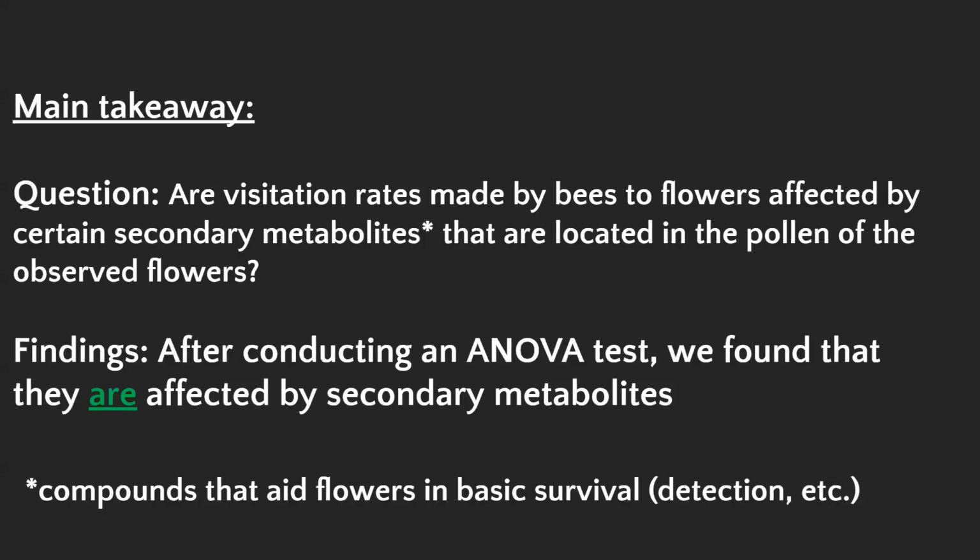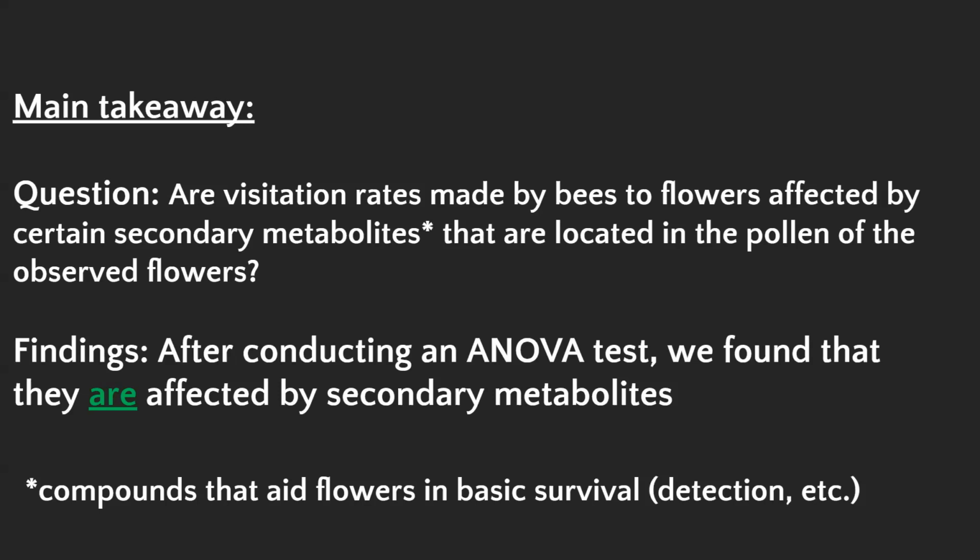Now, before I get into my main takeaway, I think it's important to understand my question. My question being, are visitation rates made by bees to flowers affected by certain secondary metabolites that are located in the pollen of the observed flowers? In this project, secondary metabolites are compounds that aid flowers in basic survival, with things such as detection and stuff